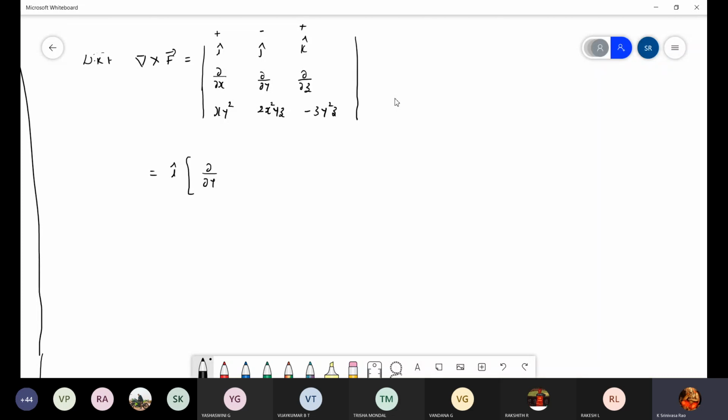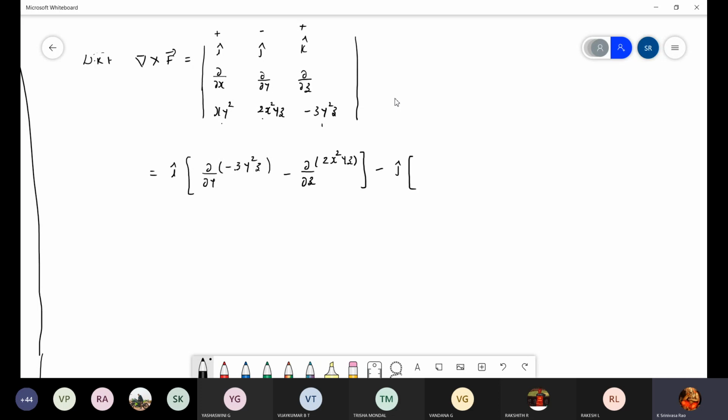So directly you can differentiate, otherwise you can substitute. See, simple terms in the third row means you can differentiate directly. So let it be, I will take one more step. Dou by dou y of minus 3y square z. If you are familiar and feel it is simple, you can avoid this step, no problem. Minus dou by dou z of 2x square yz. This is the first one.